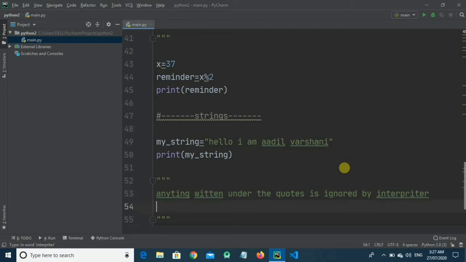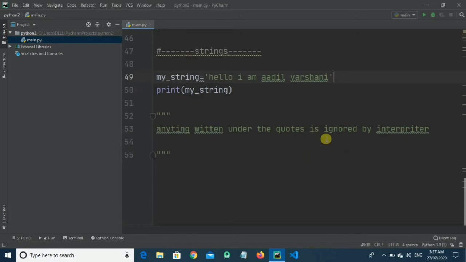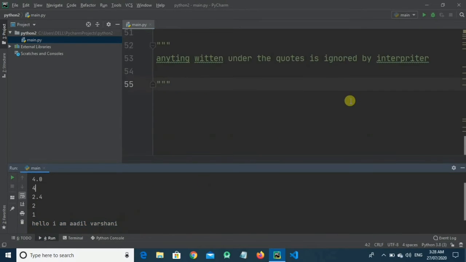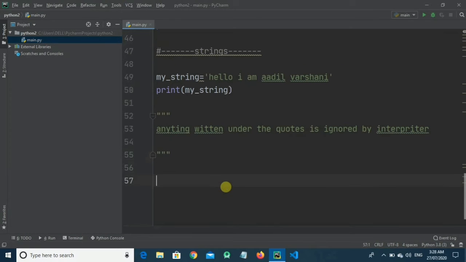Let's try printing the same program with single quotations. I will change double quotations to single quotations. Now let's run our program. Here you can see there is no change in the output, so use whatever suits you.